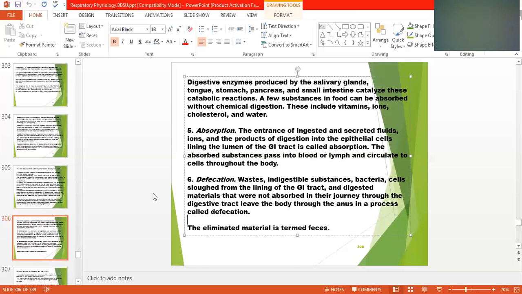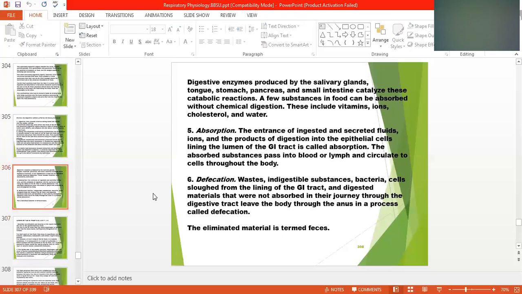So these are some of the important aspects of the digestive system which we have seen now, and we have observed that this is the most important part of our digestive system. It starts from the mouth, and the mouth has certain glands which help in digestion. For example,